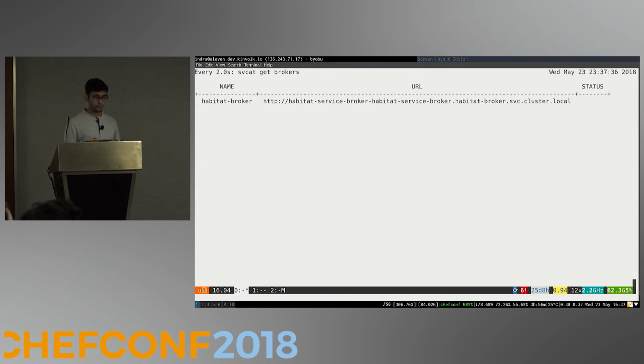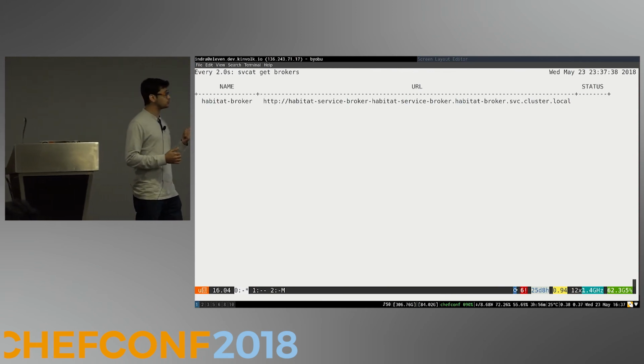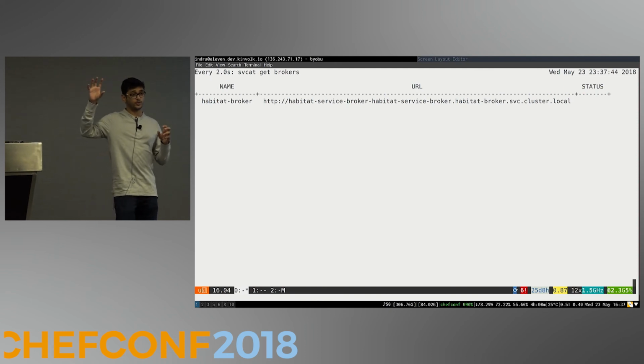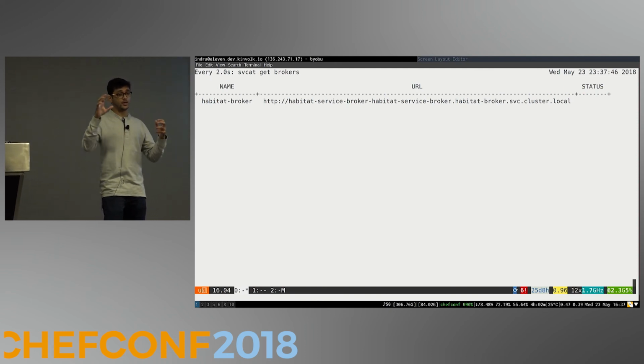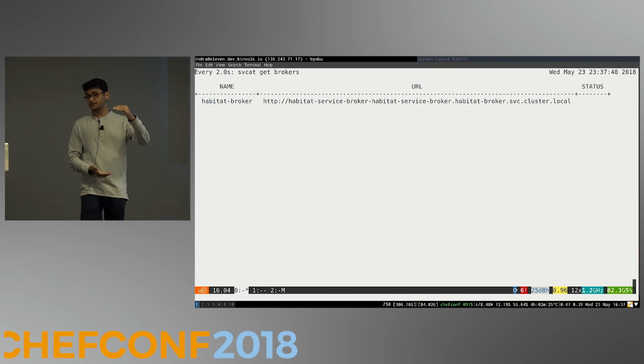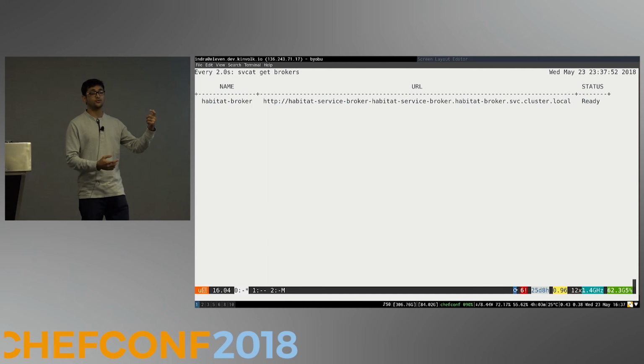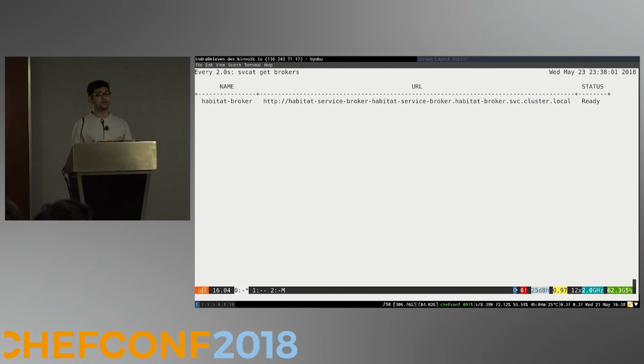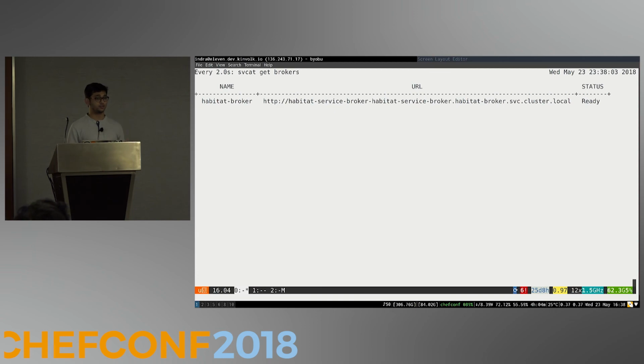Okay, so we're going to be watching the status. What this is doing behind the scenes, the service broker here is talking to the service catalog, if you remember, which understands the OSB API, and it's telling it, here is the list of services that I have, which is Nginx and Redis at the moment. Please register them, so if someone comes asking, please give it to them. Tell them that I can provide this service to you. And now you can see that the status is ready,